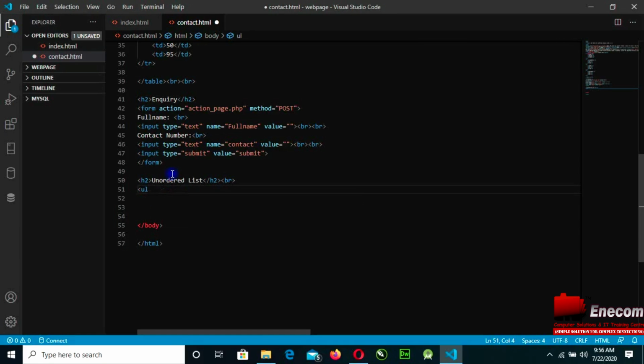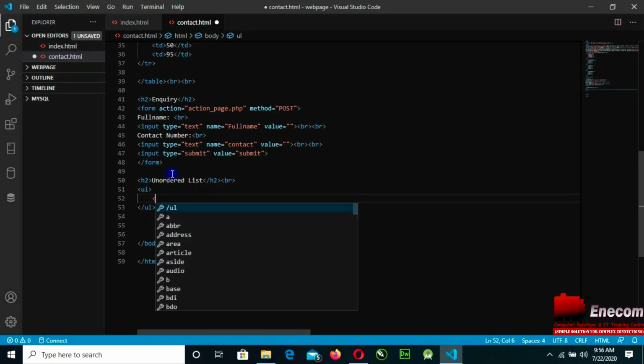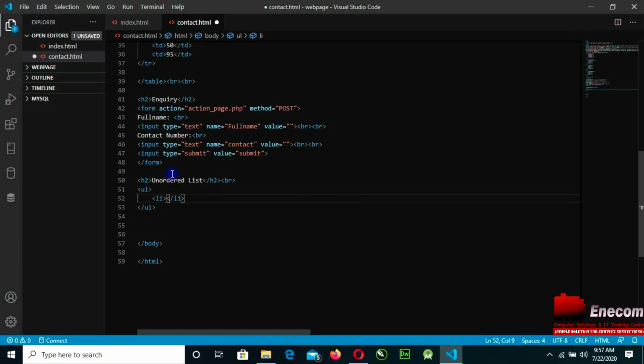Then in between it I have to create one list. So in between the list I have this coffee, then coffee. So I just have to paste them,